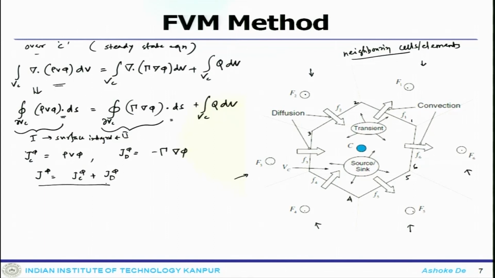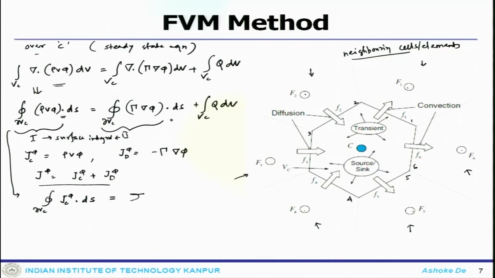So, that is the total component of the fluxes. Now, above this particular cell C, if I integrate these fluxes from this equation, my first term, the integral of J dot dS,